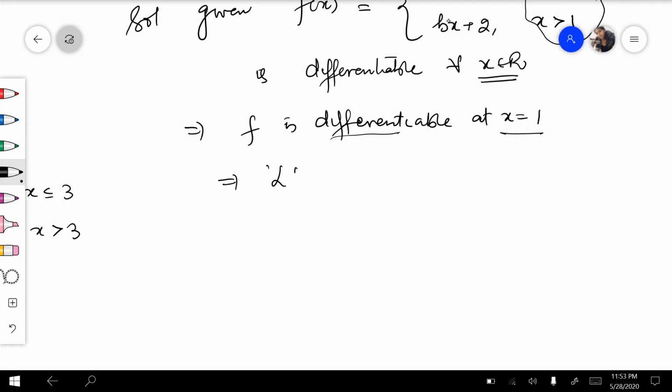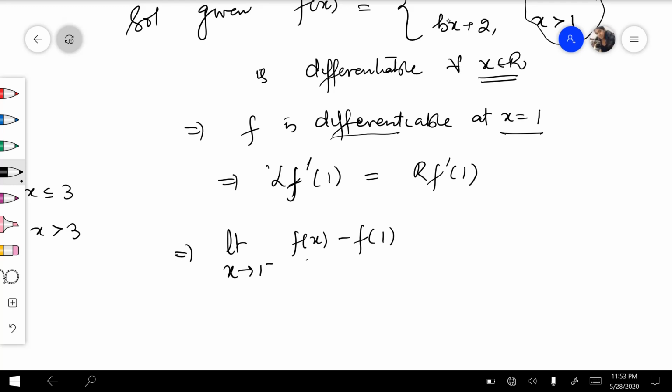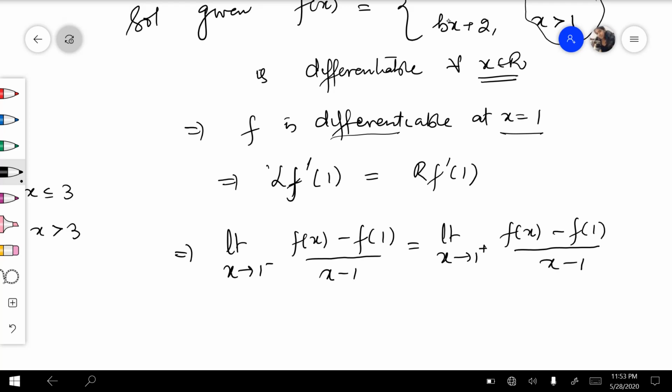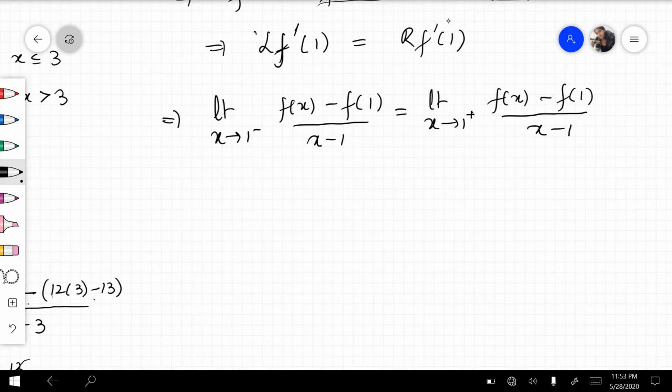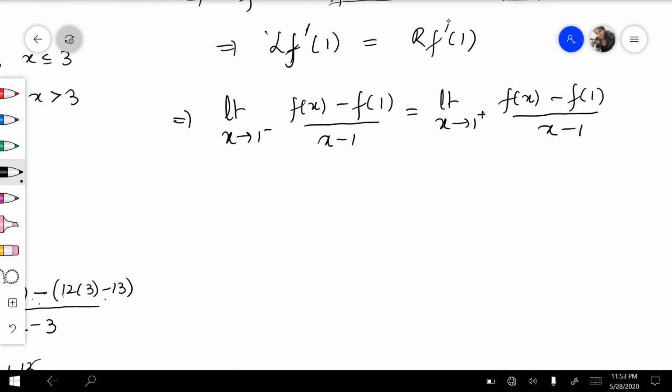this means left hand derivative at 1 is equal to right hand derivative at 1, which means limit x approaches to 1 negative of f of x minus f of 1 upon x minus 1 is equal to limit x goes to 1 plus of f of x minus f of 1 upon x minus 1. ठीक है, क्योंकि फंक्शन डिफरेंशिएबल होता है तो मींस कि उसका लेफ्ट हैंड डेरिवेटिव और राइट हैंड डेरिवेटिव सेम है. सो दिस मींस लिमिट x approaches to 1 less than 1 पे definition was x square plus 3x plus a